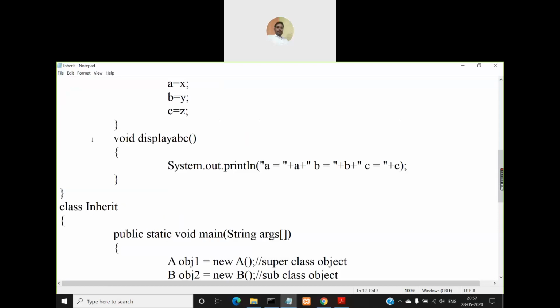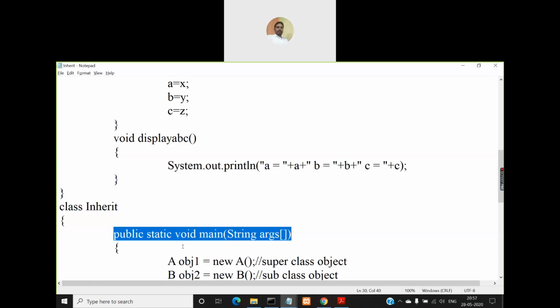So always create as many subclasses and superclasses as you want, using any of the four forms of inheritance: hybrid, hierarchical, multi-level or simple inheritance. Whatever form you use, you can create any number of classes. But to access the members of those classes, create an exclusive class which is neither a subclass nor a superclass, and in that create the main method, then create objects for all the rest of the classes from this main method and access them.